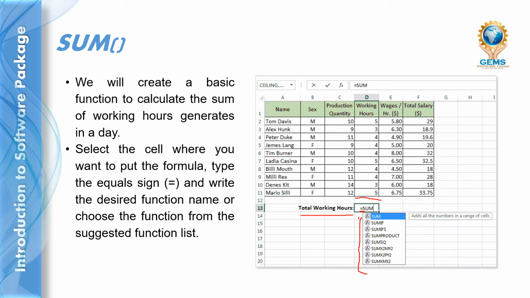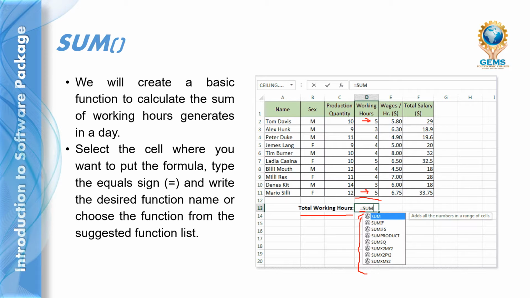From this list you can choose your desired function name or type it manually. We need SUM, so sum of, then select column D2 and colon up to D11.